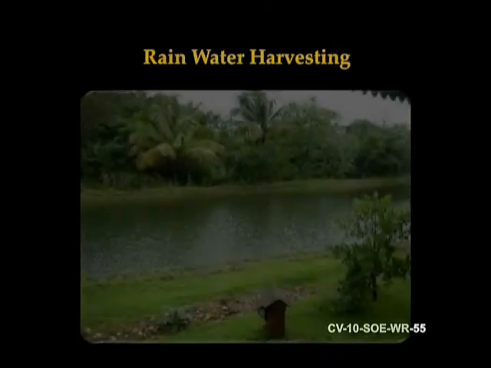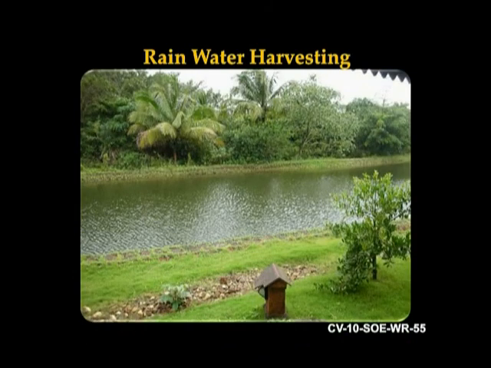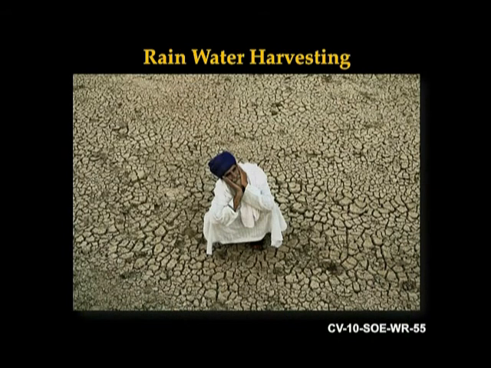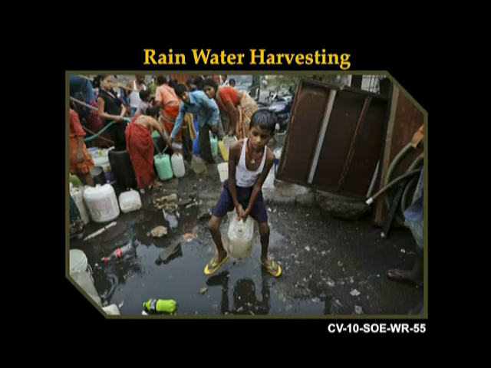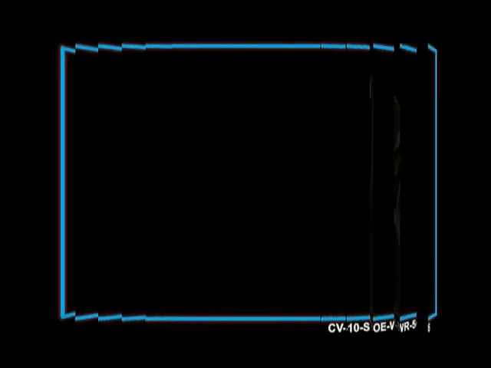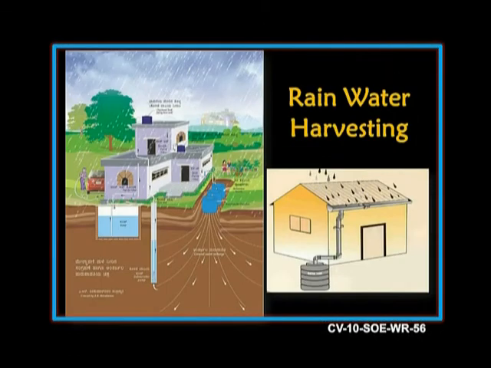Another important aspect of water resources is rainwater harvesting. Water is very precious. Although India has vast water resource, it is most unevenly distributed. Especially, water shortage is seen during the summers. The only solution to the drought condition prevailing in India is rainwater harvesting, which is collection of rainwater. There are two types of rain harvesting.